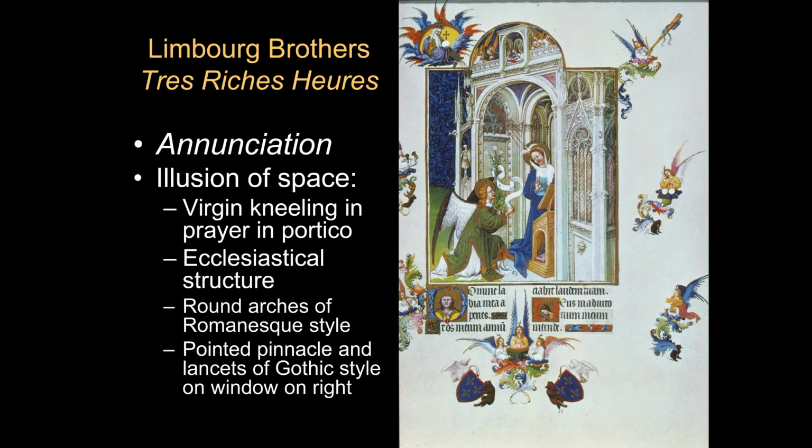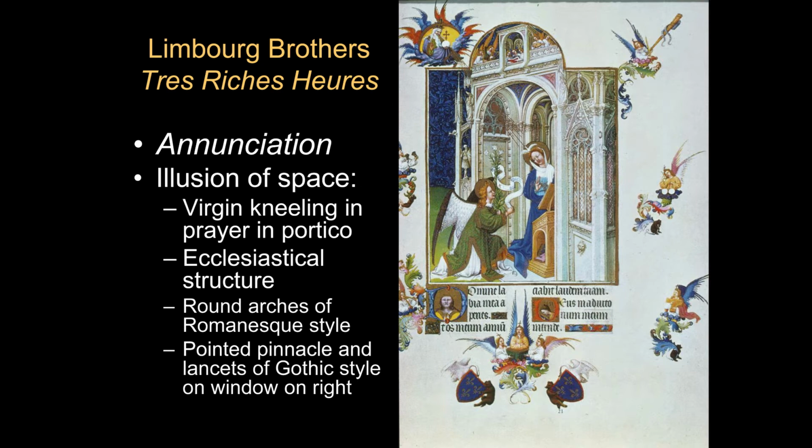Now, we're going to look more closely at this Annunciation. There are going to be many, many paintings of the Annunciation, and you'll see that they have certain things in common: angel, Mary, often rays of light, the dove of the Holy Spirit, often lilies, but they all have variations. And one of the things they're doing, once again, is showing you this illusion of space. It looks like the Virgin is kneeling in prayer before her prie-dieu at a kind of portico. It looks almost like a church.